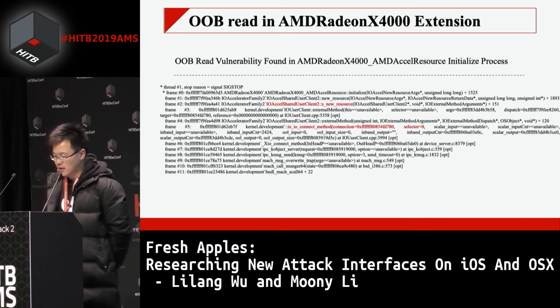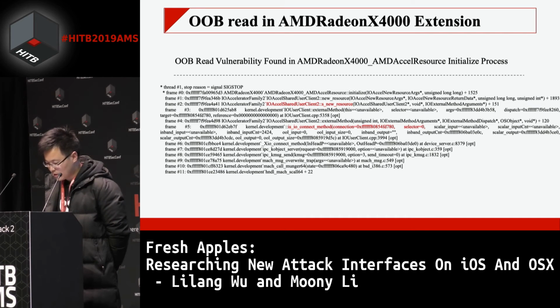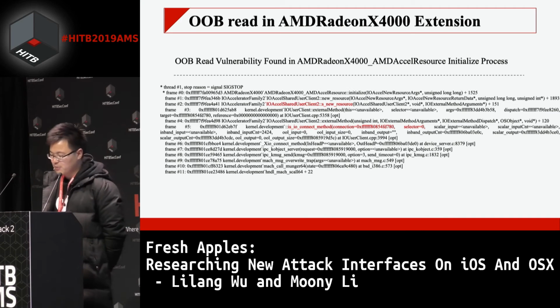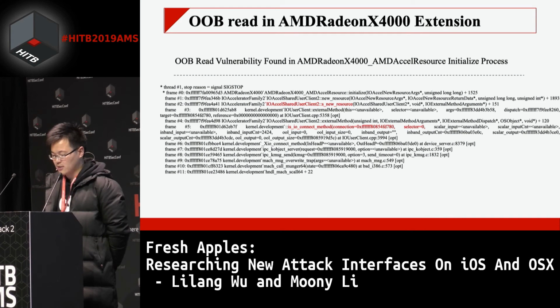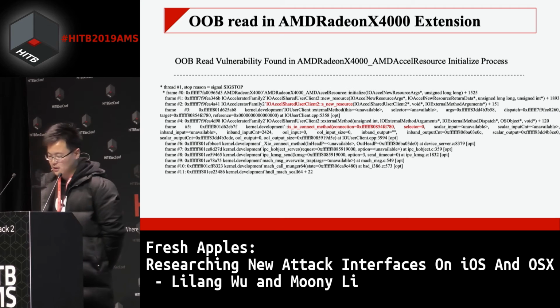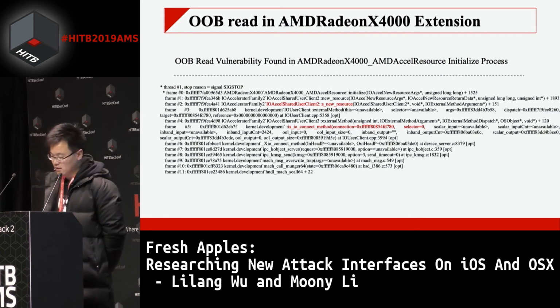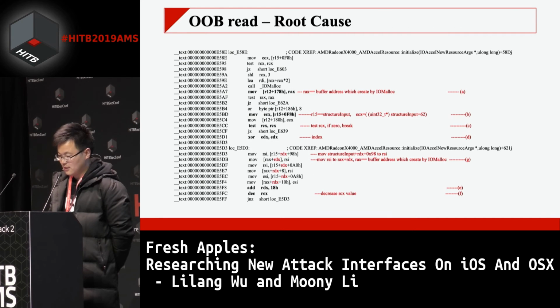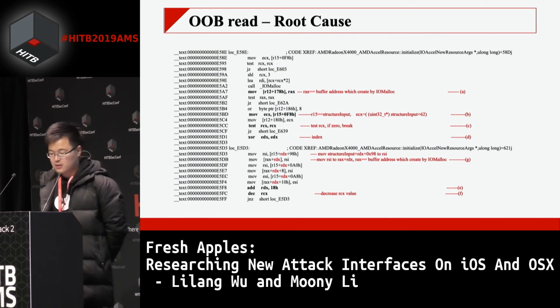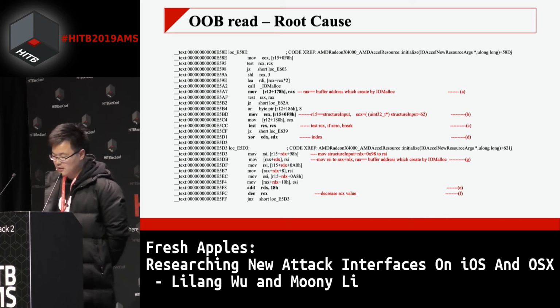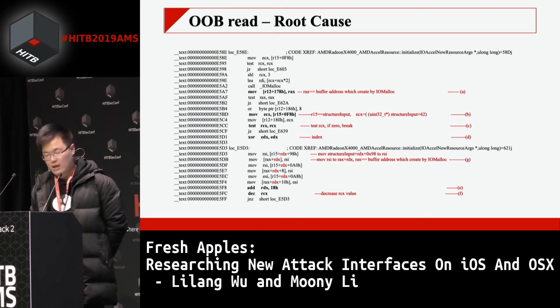This function accepts a struct input buffer whose size is 2424. So there must be multiple checks within this function. If any one bit is not checked properly, it may result in a vulnerability. And indeed, we found another vulnerability in this function and already submitted it to Apple. In this vulnerability, as shown in the above figure,